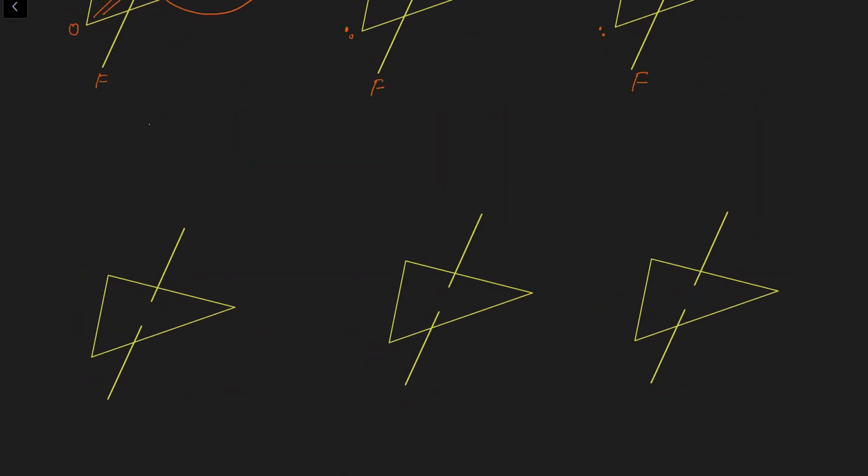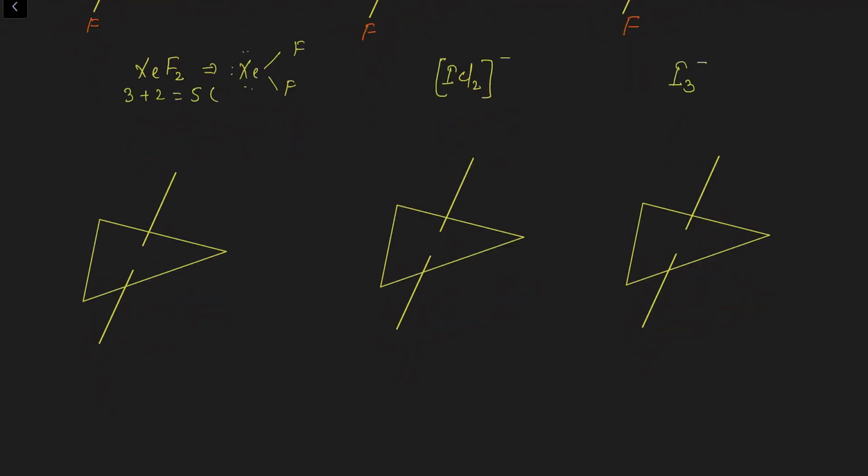Now we are going to solve some 3 to 4 more examples, then after that this topic will be over. So the first example is what? XeF2. Next one is ICl2 minus, and the third one is I3 minus, right? So first draw the Lewis dot structure of this XeF2. This is the general Lewis dot structure. Now check again: 3 lone pairs of electrons, 2 sigma bonds, steric number is 5. Structure will be trigonal bipyramidal.